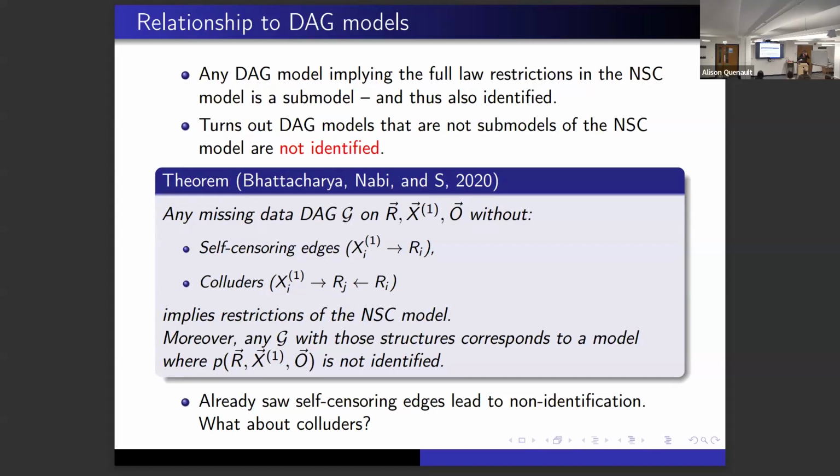Okay. So self-censoring is pretty easy. If I have self-censoring, I can't even tell you what the arity of the variable is, because I can always just censor myself whenever I'm 2. Let's say I'm 0, 1, and 2. Whenever I'm 2, I put a question mark. So you don't even know if I'm ternary or binary, basically. So self-censoring is very easy.